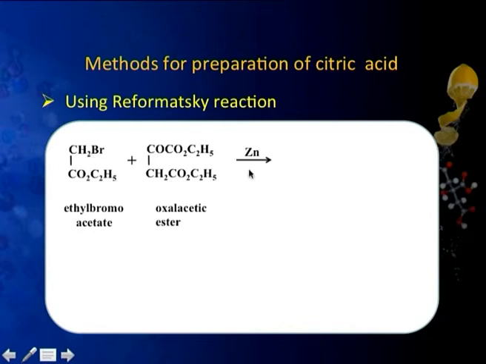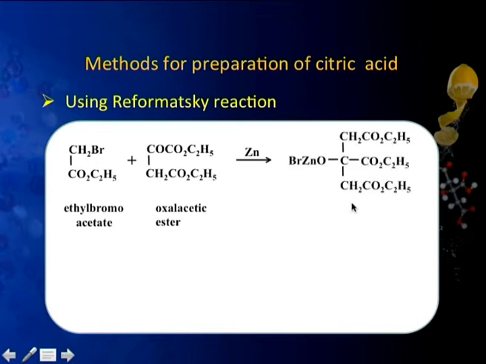So the reaction is carried out in presence of zinc, and now what happens? CH2ZnBr, which is formed first, adds across this carbonyl. So this CH2COOC2H5 is here, this CO becomes OZnBr,